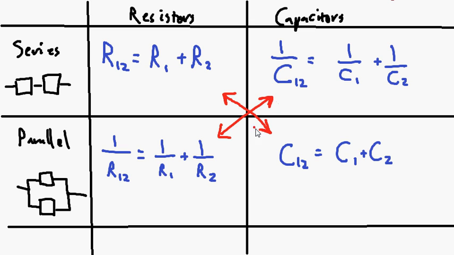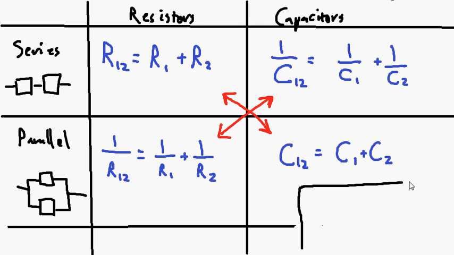Okay, so you're wondering why that is. Does this tell us something deep and meaningful about capacitors and resistors? Actually, no. There's a very simple reason for that. It seems surprisingly dull when you realize what the real reason actually is. But the reason is, if you look at Ohm's law